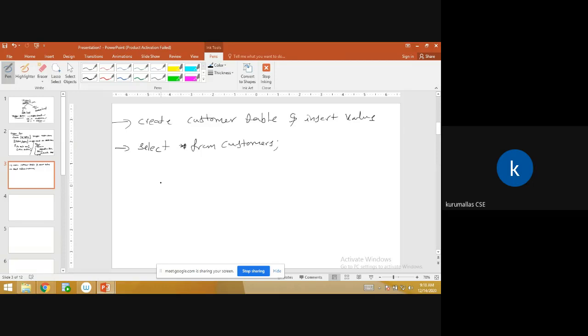Now if you give this statement, SELECT * FROM customers, it will display the values existing inside the customers table. The attributes are customer ID, name, age, address, and salary. For example, the first customer is 1, Suresh, 33, Vizag, Visakhapatnam, salary 20,000.